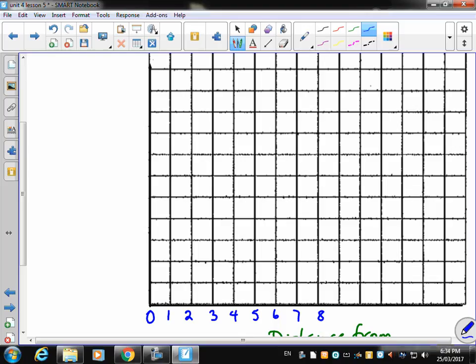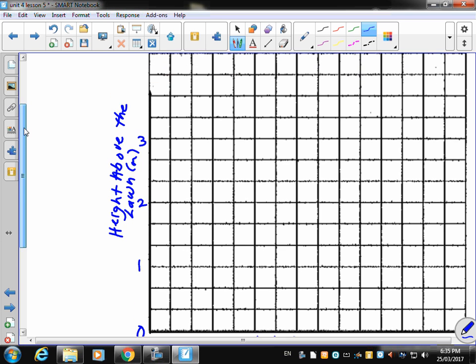Right. On the y-axis, I have height above the lawn. The funny part is I can't actually see my handwriting because it's in the way of the light. Okay, height above the lawn, also in meters. And I want to go from a value of 0 up to my highest value, which is 3. So I can skip quite a few here. 1, 2. You could have probably gone every 4th square, really. So I take some consideration to my domain and my range as I set up my graph,